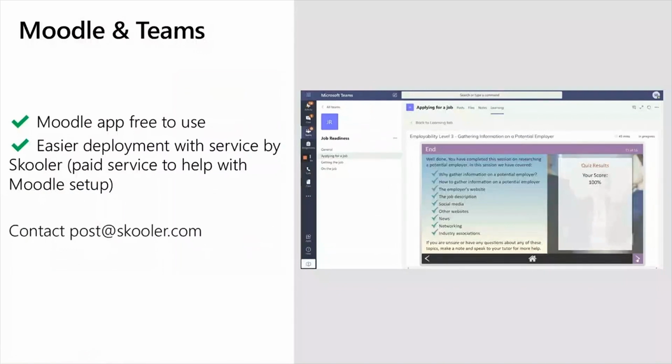So keep in mind, it's free to use, so there's no additional cost, right? Schooler is really bringing this free of cost application into Teams, and it's a very easy setup. If you do need some help, Schooler can help, we can help. You can reach out to them using that specific email address.